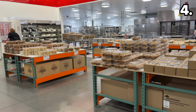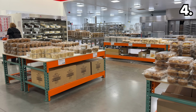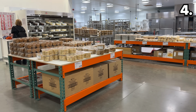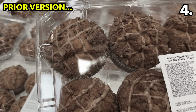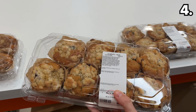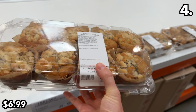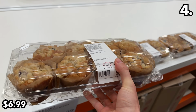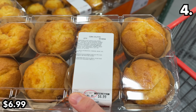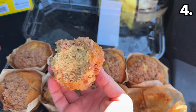There's some breaking news on the muffin front, with some big changes where both the number of muffins, size, and price have all changed. You used to be able to score 2 6-packs of very large muffins for $10, but Costco has now replaced these with these 8 packs of muffins, where you get more muffins but of a smaller size. They've also rolled out new flavors like these corn muffins, a lemon raspberry one, and a cinnamon chip muffin,